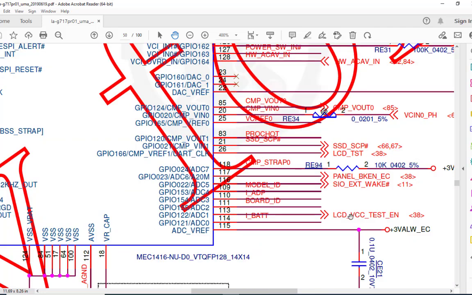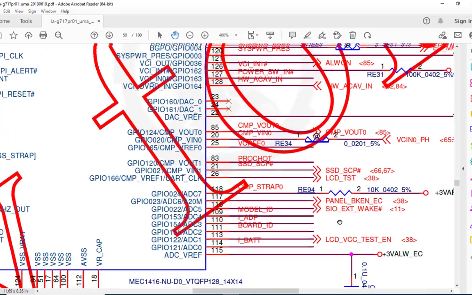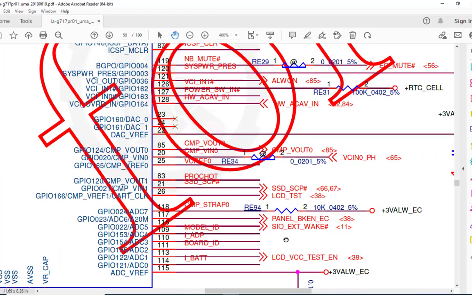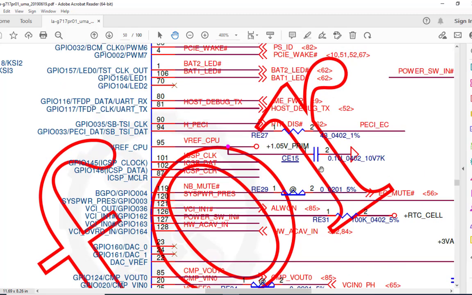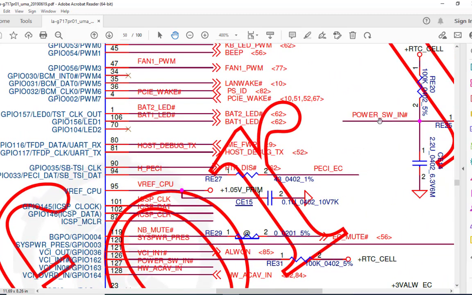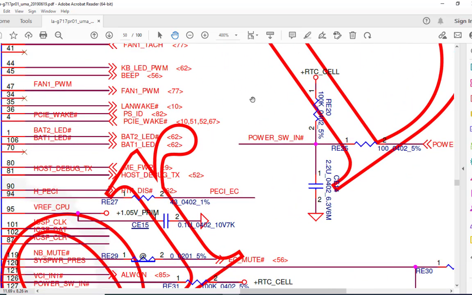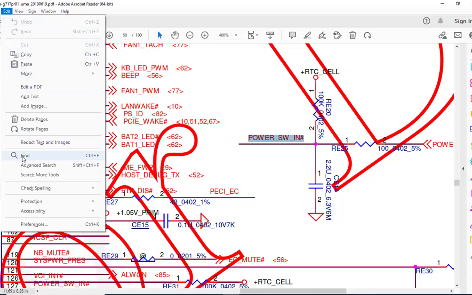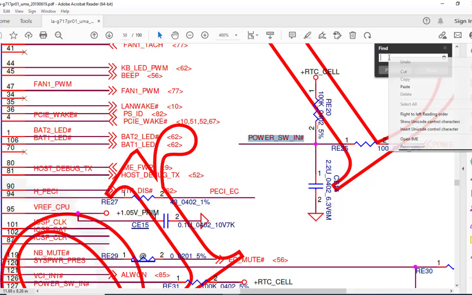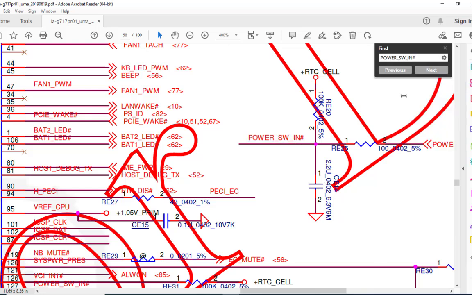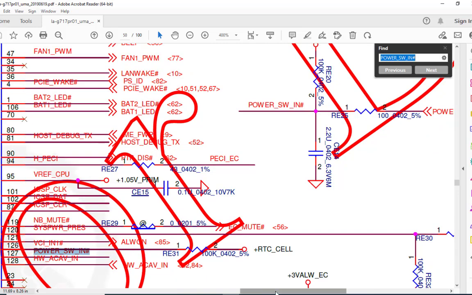Power button is normally named power switch, power button, or NBSWON, or sometimes ON/OFF. Here is mentioned the power switch. So this is the power switch. Okay, and where is this signal going? You select the signal, power switch in, copy, come here, click on find, paste this signal over here, and click on next, and then we'll see that signal is coming